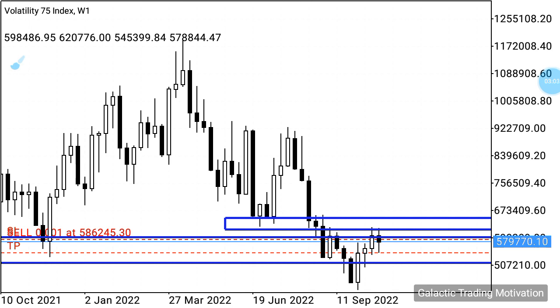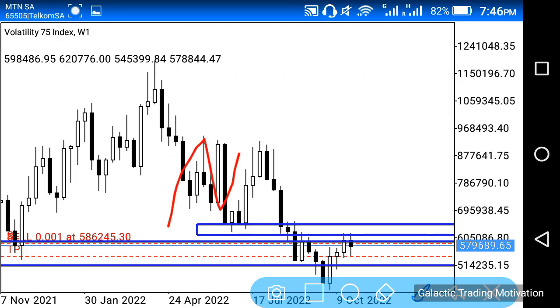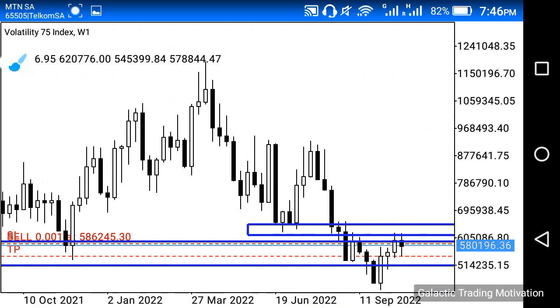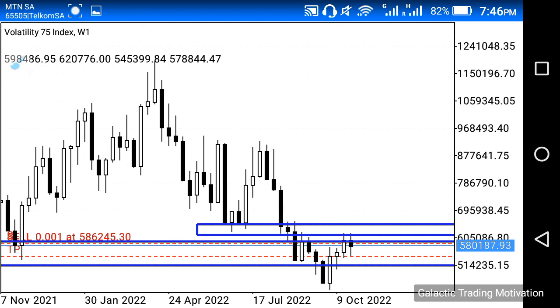But anyway, let's proceed. And guys, another thing that's happening is that as much as we have this M structure over here, I hope you guys can also see that we have what seems to be an opposing inverted head and shoulders pattern possibly happening at that point, right? But it hasn't yet confirmed itself, as on this side the right shoulder has not really formed itself properly, but we might potentially see an inverted head and shoulders pattern forming at that point, right? Anyway, let's proceed. From here, what I'm going to do is head down to the daily chart,